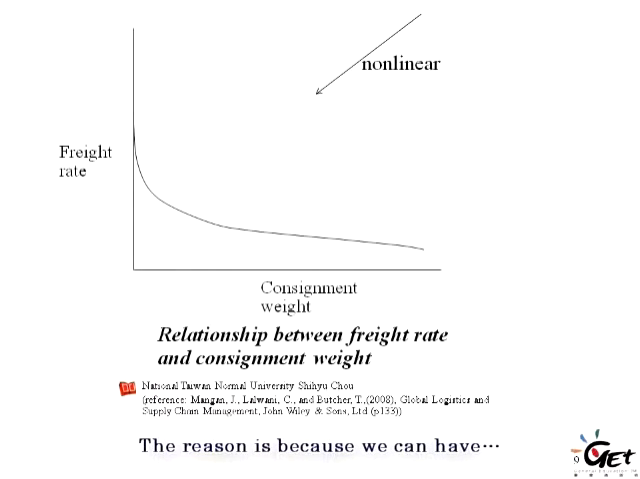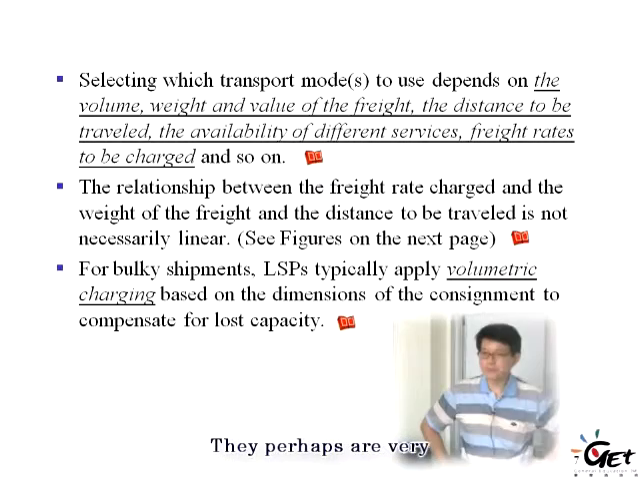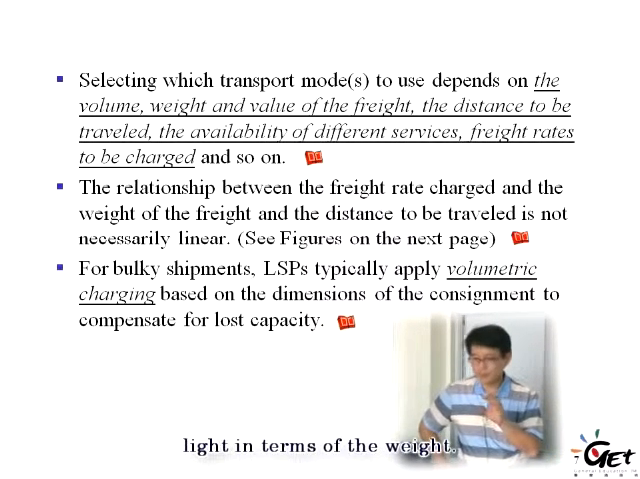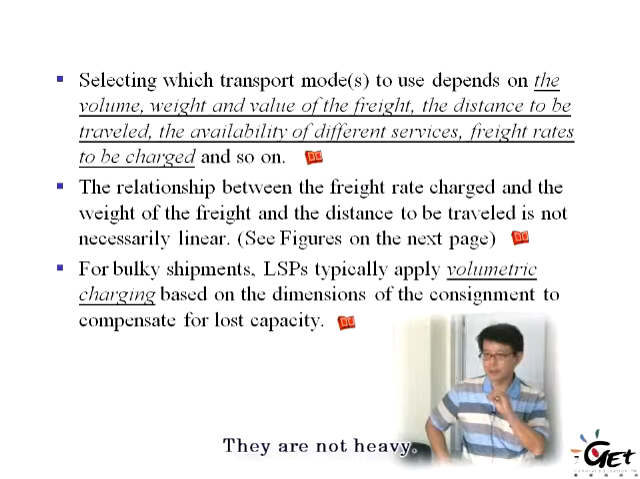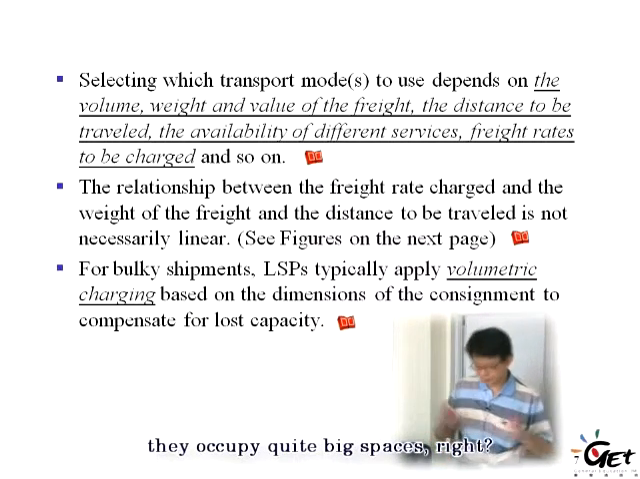The reason is because we can spread this fixed cost over the larger weights. So that's the relationship it shows. And another situation is sometimes we need to ship bulky cargoes, bulky items. Perhaps they are very light in terms of weight. They are not heavy. However, in terms of volume, they occupy quite